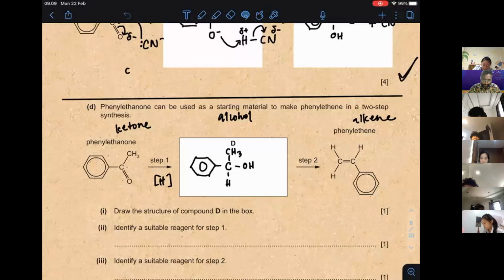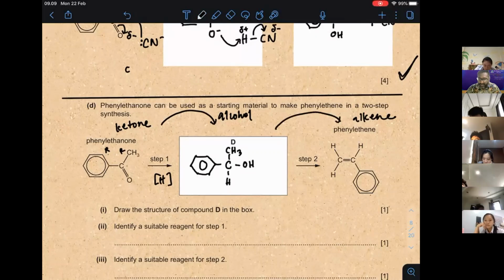Continue from here. You can see the phenylethanol can be used as a starting material to make phenylethene in a two-step synthesis. From what I can see here, it's a ketone, with an R group and another R group, and then you are going to change it to something, and that something is going to be changed into an alkene. You can see the alkene double bond. Now, to produce something related to alkene,